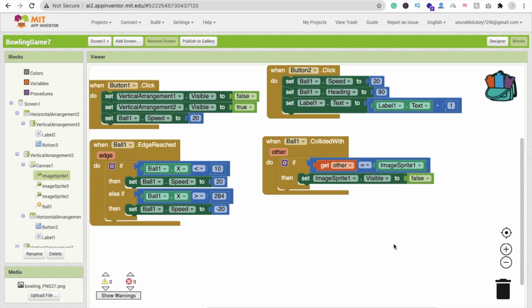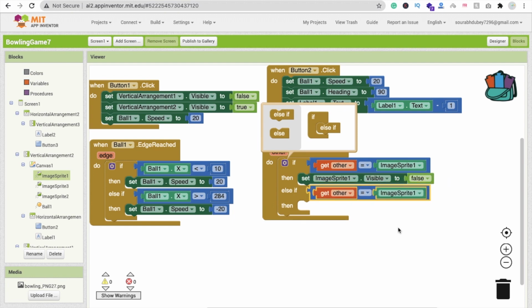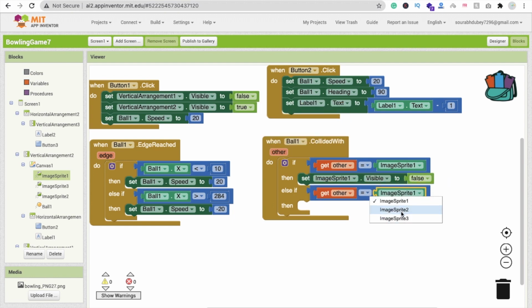Now we have to do it again and again, three times. So click on this, then else if, and we just copy and paste this value here. It means if get other is image split 2, then hide image split 2.